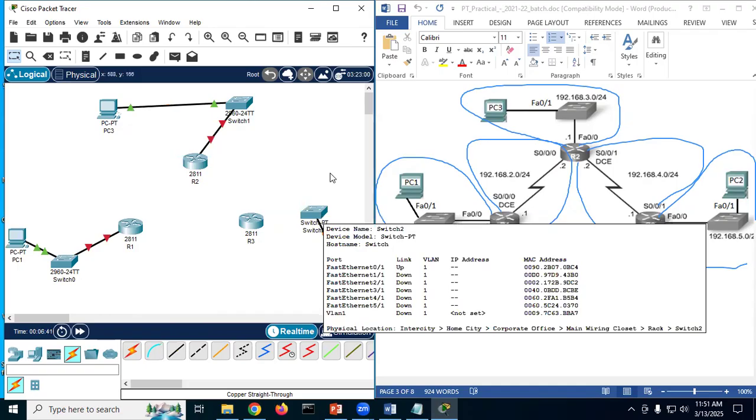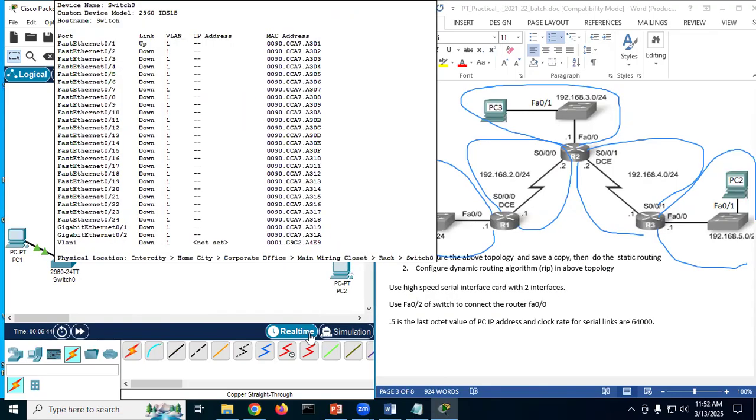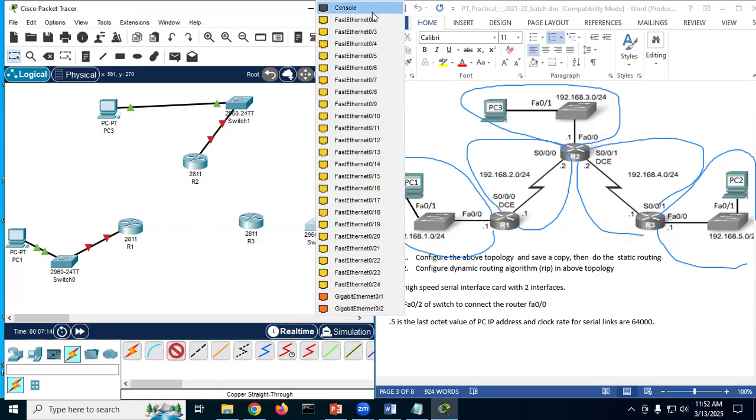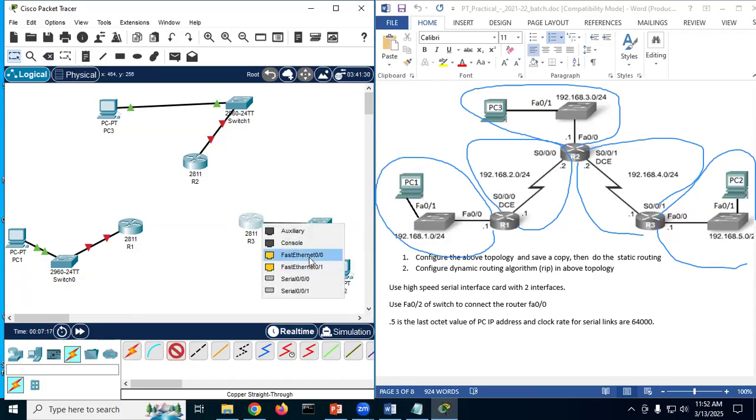so I have added the wrong switch it seems. See, this is 2960, this is wrong. This one is correct, this one I think I have added the wrong switch, so I will remove this and add the correct switch. 2960, this one, right, and add the cable. Fast Ethernet port 2 to Fast Ethernet 00 of the router. Okay, so now